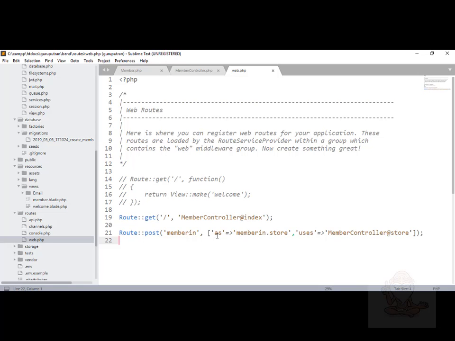You can see this route is named member.store. Remember this point, because I will get back to it when we go to the views, to show how it is useful. This member.store, which is a named route here, uses the member controller at store. Okay, so once that is done, the routing is done.